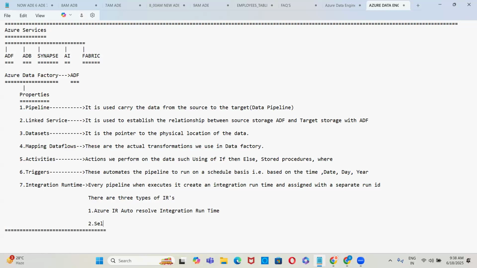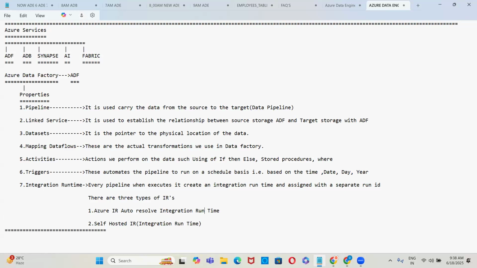The second one is the self-hosted IR, which is called the self-hosted integration runtime.